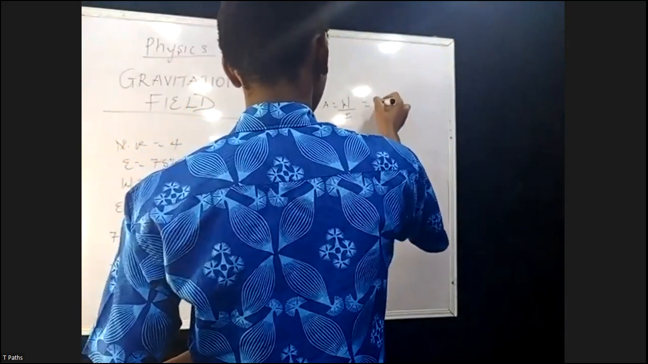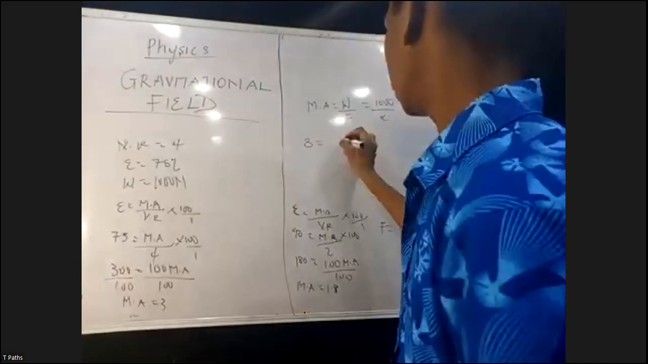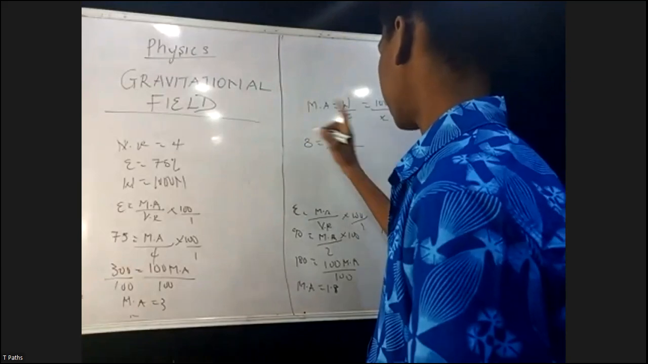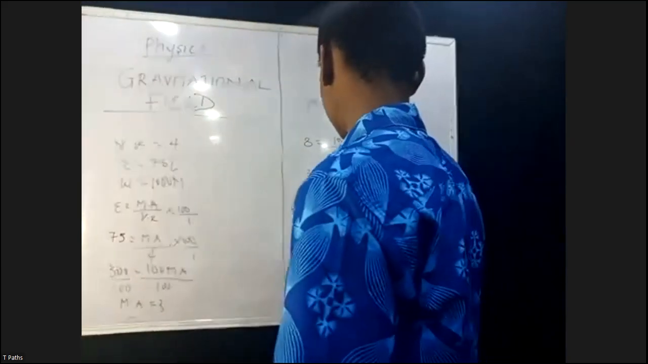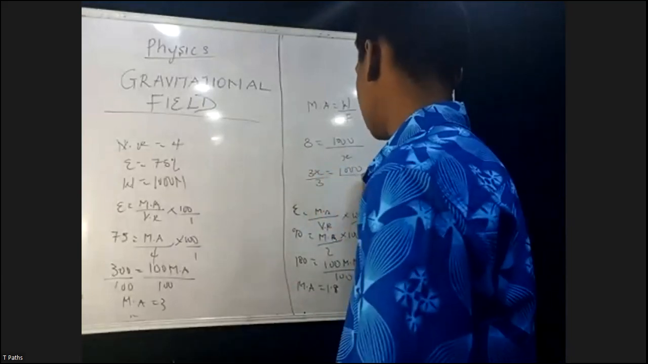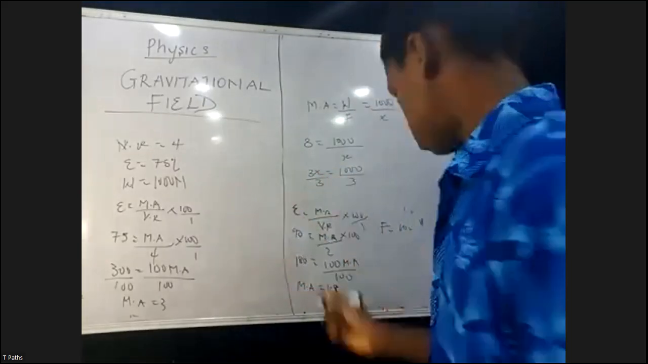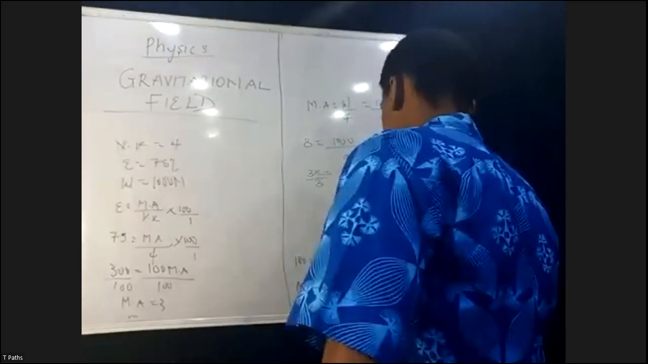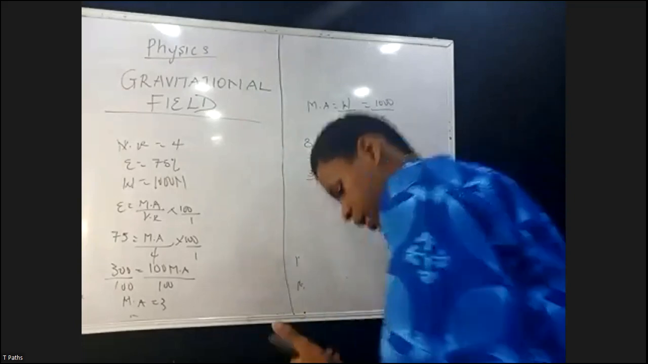And what is my load? My load is 1000, and the mechanical advantage is 3, which I just calculated here. So I say 3 equals 1000 over x. If I cross multiply, I'll have 3x equal to 1000. And here I can divide through by 3 to get the value of my x, which is my effort. Don't forget, effort is what I'm looking for. So if I divide through by 3, I'll have 1000 divided by 3, which is going to give me